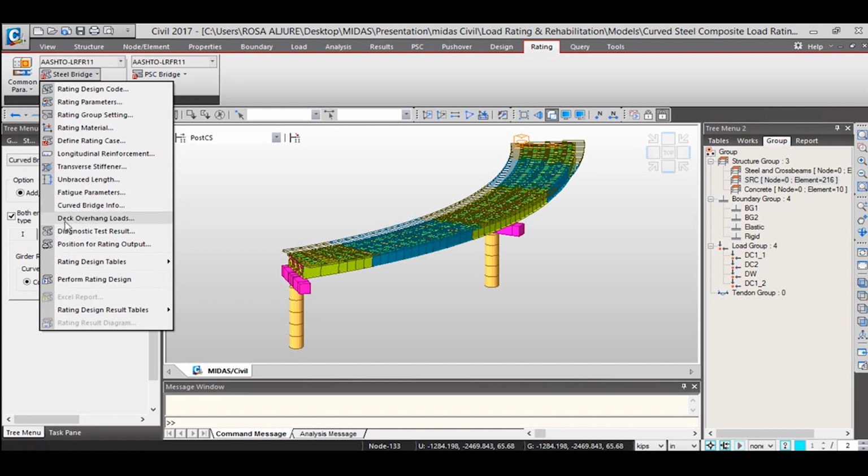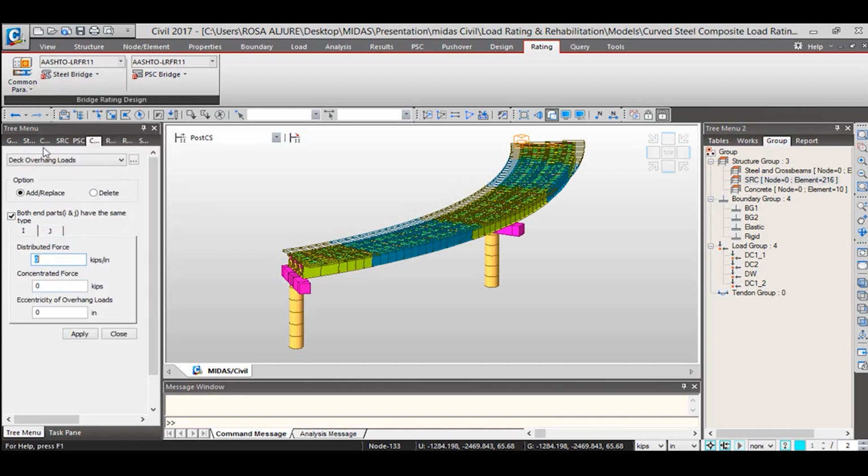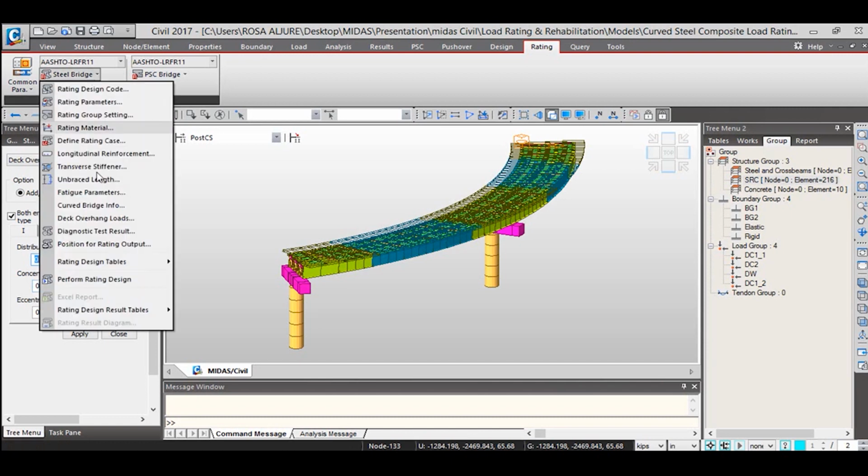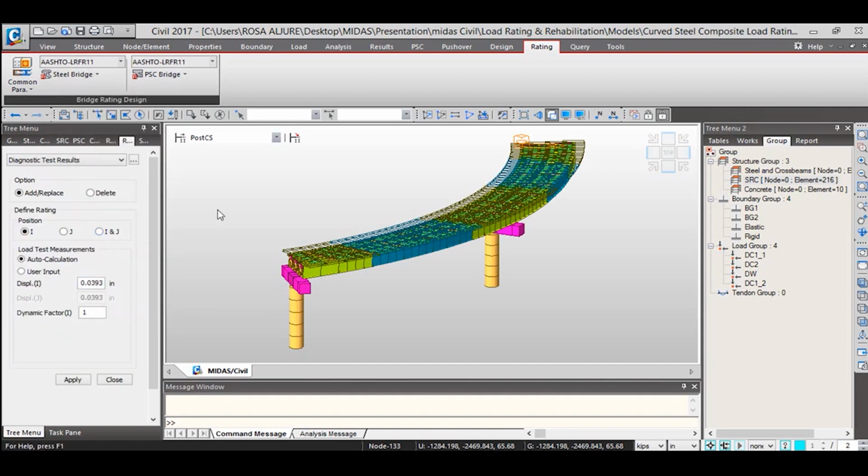After that, if you have any overhanging loads for the deck, you can tell the program what those loads are. But in this case, we have the loads applied in the model, so it should be fine. You can also run the diagnostic test result, and you can input the displacement and the dynamic factor if you want.